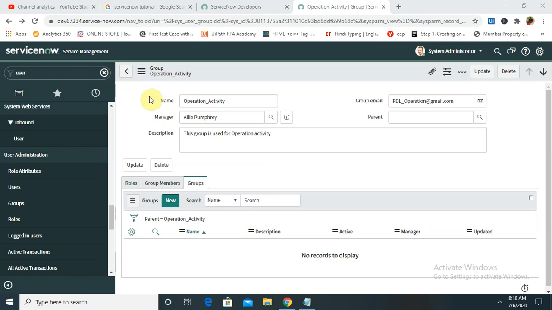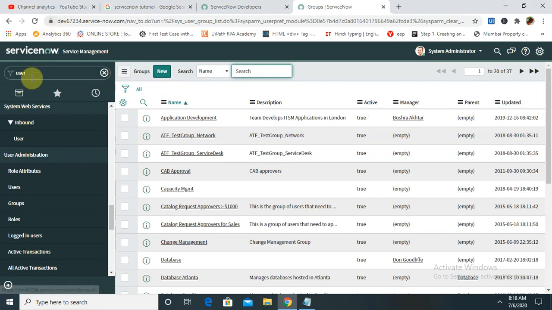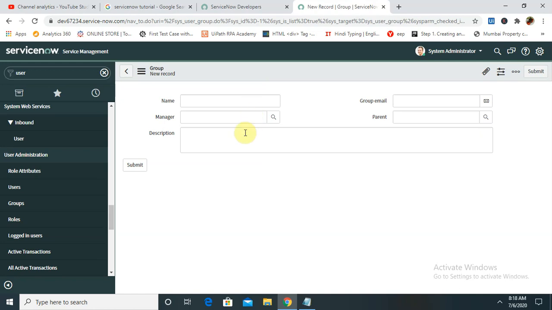Let's begin with how to create users and groups. For going into this category, just search user and navigate to user administration. Over there you can see the new tab. Once you click on the new tab, you're able to see the group form page. Just enter